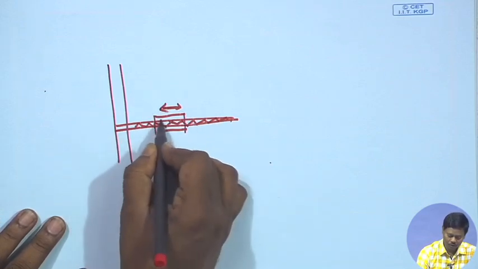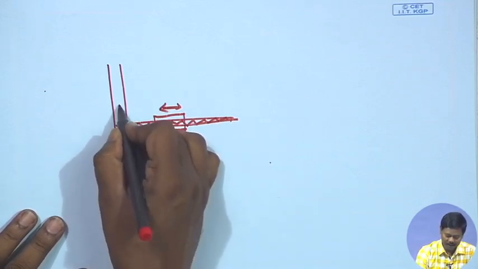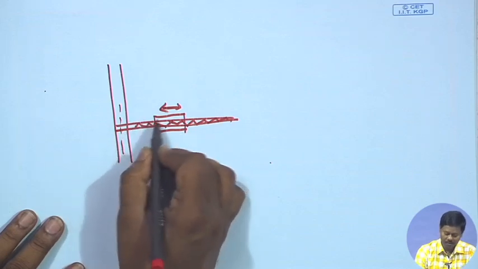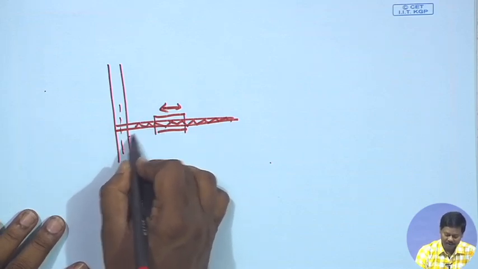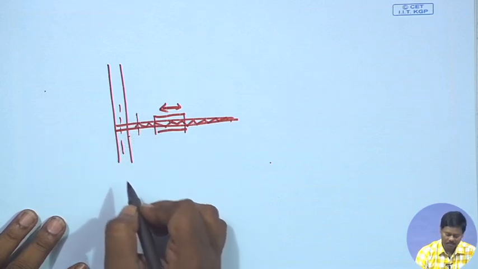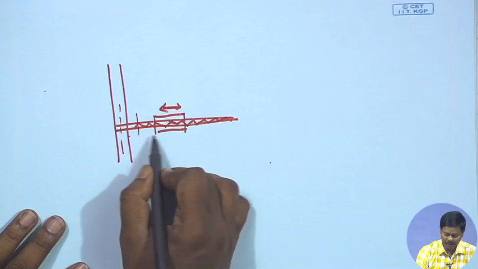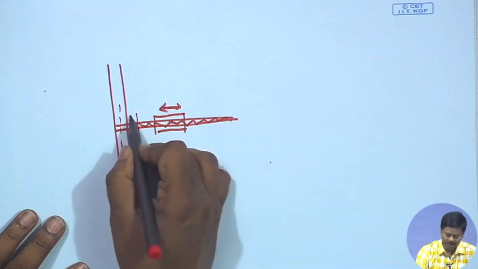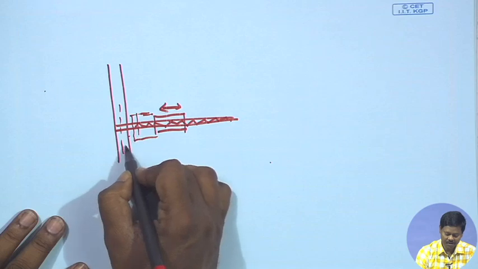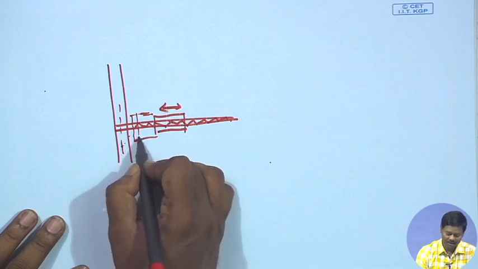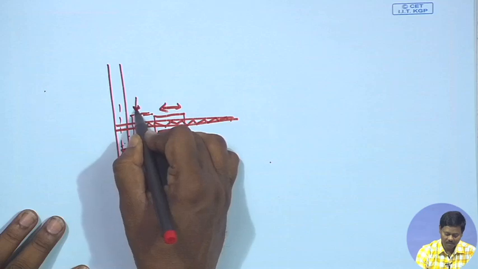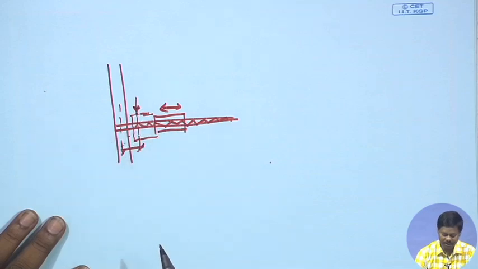So, excluding the clearance from the crab, we can find out the maximum load. That means, when the crab is in this position, considering the minimum clearance,